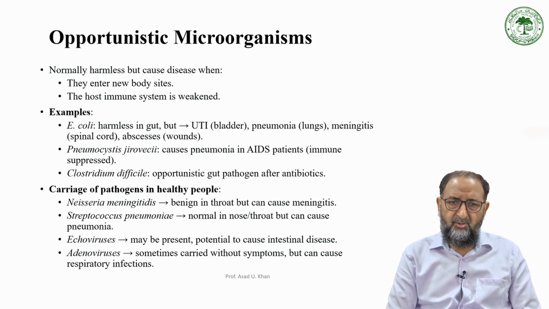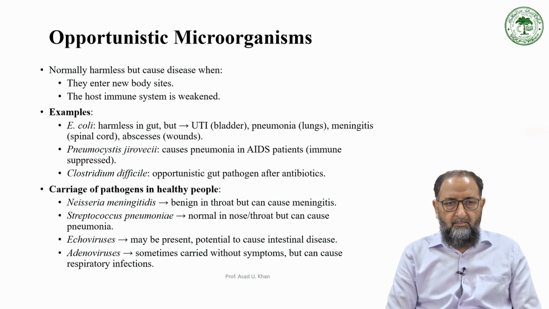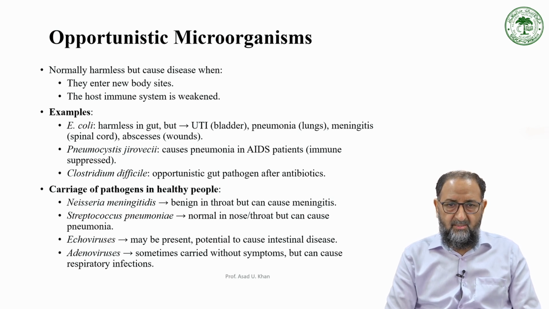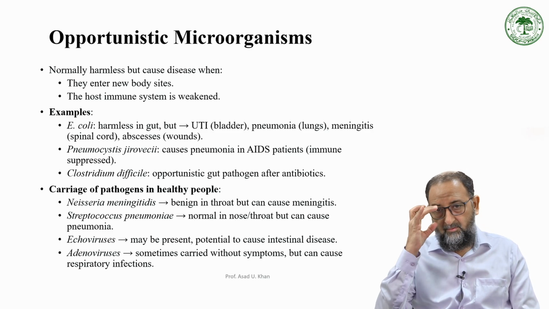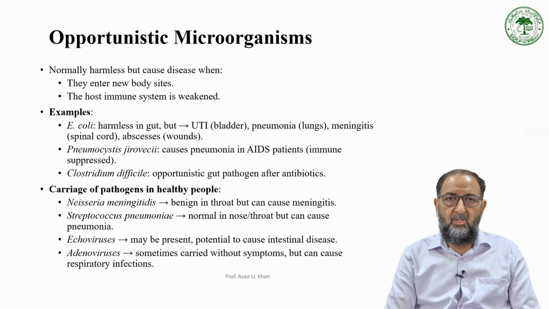Like carriage of the pathogen in healthy people. It means the carrier. What are the carrier pathogens? Neisseria is one of the genera: Neisseria gonorrhoeae, Neisseria meningitidis. Meningitidis basically begins in the throat, but it can cause meningitis in the spinal cord and go to the brain. Streptococcus pneumoniae,